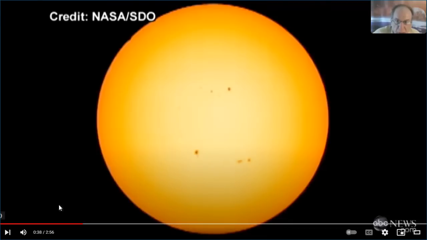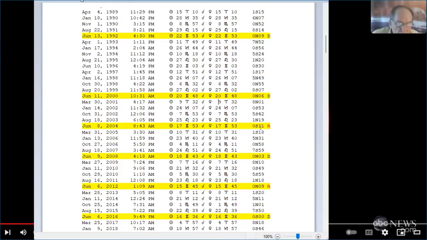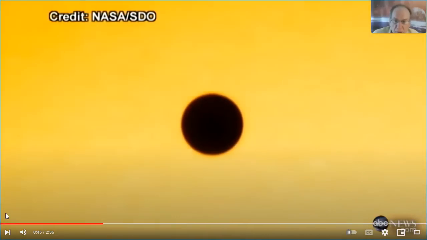But let's play it. And right here, there's a little dot going across. I'm going to start: 1, 2, 3, go. There's a little dot. That was it. That little dot, that is Venus. This is extremely rare, that Venus actually moved right across the face of the sun. And again, when you look at the listing, you know that happened because the latitude of Venus was less than 16. And it was 9, which made it go.